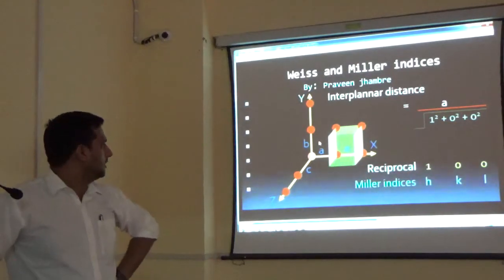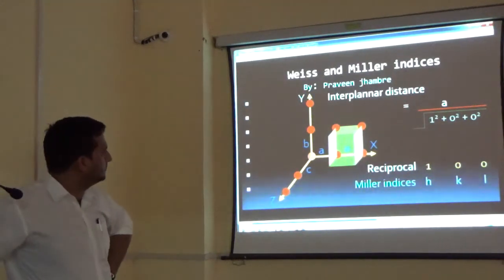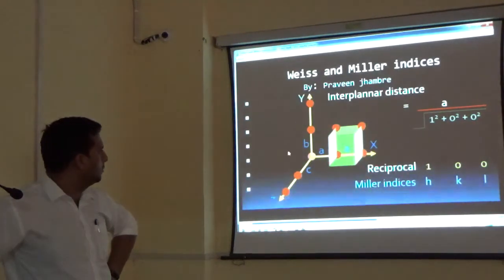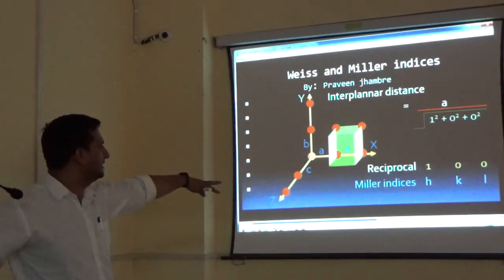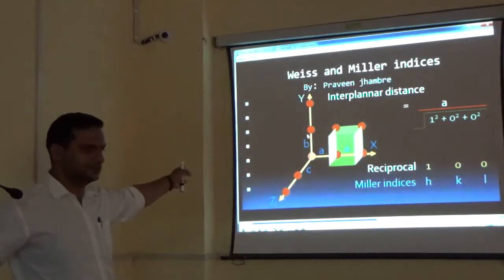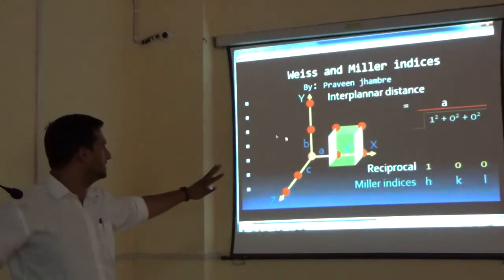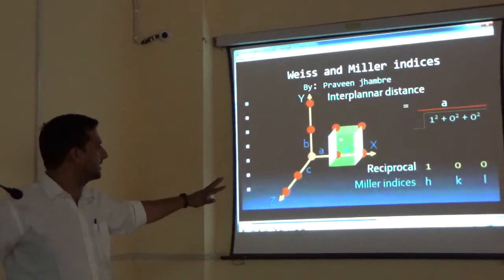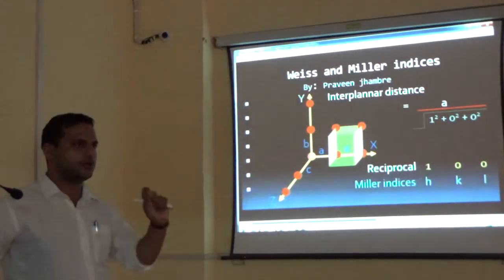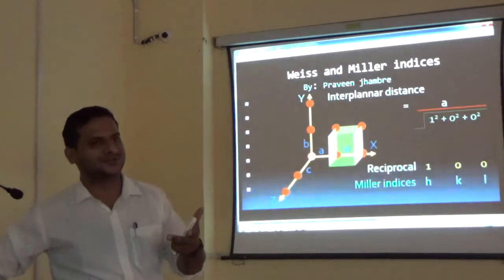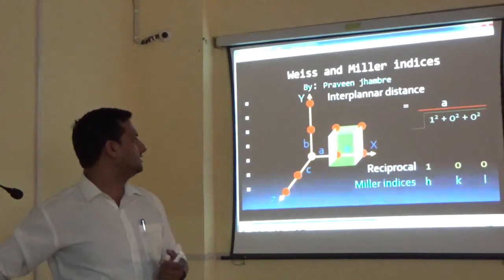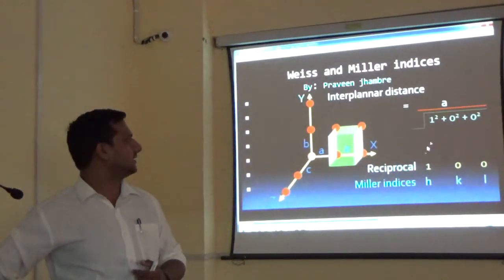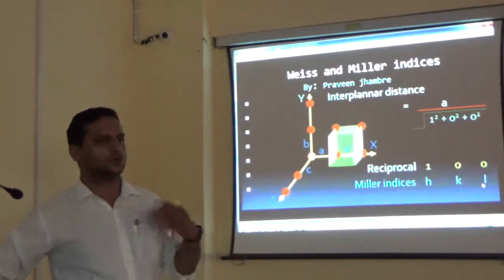You can easily visualize that this plane is parallel to the yz plane. From the picture itself, you can see that these planes are parallel to the yz plane. Yes or no? Now, can you say that two parallel planes intersect each other? No. So, in simple words, this plane is not intersecting y and z. So the intersection value is 0, 0. That is k and l. H, K, L are simply notation.